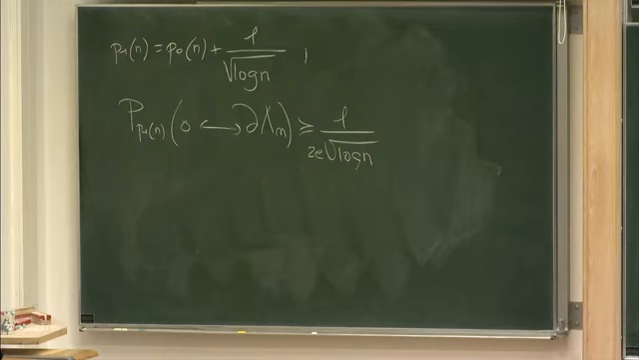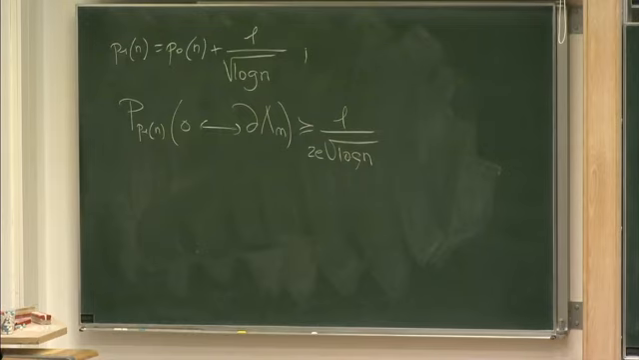We don't have something positive. We are not starting from the box of size n, but at least we have a bound which is 1 over square root of log. Notice that if you look only at p0 of n, the best bound you could get